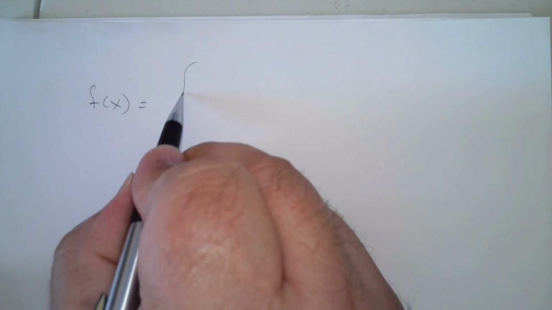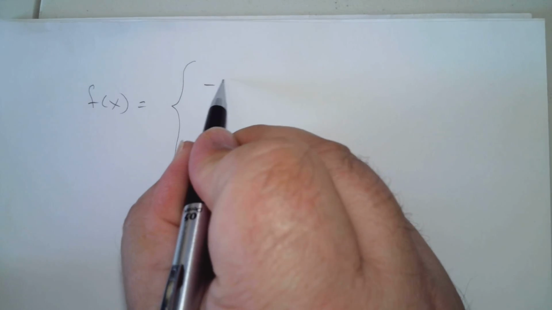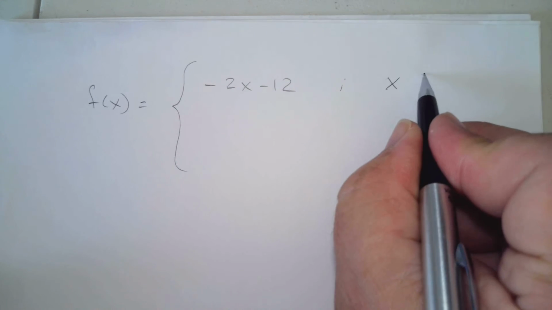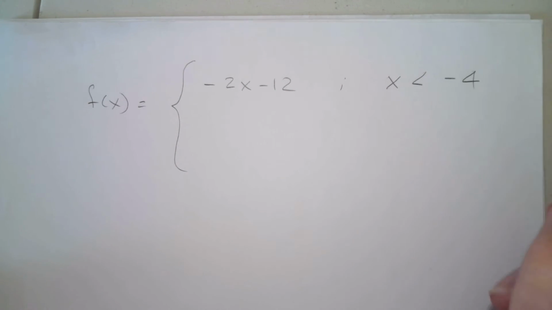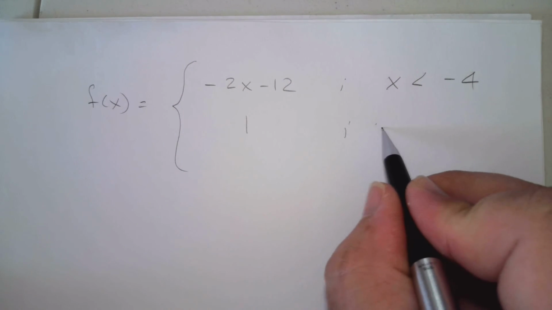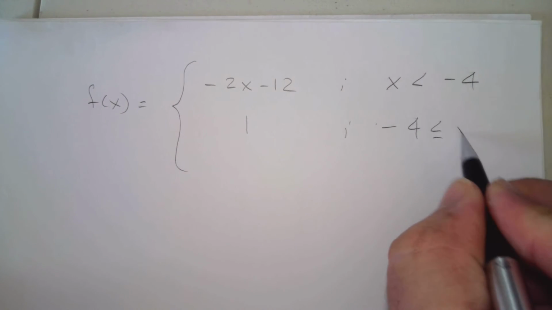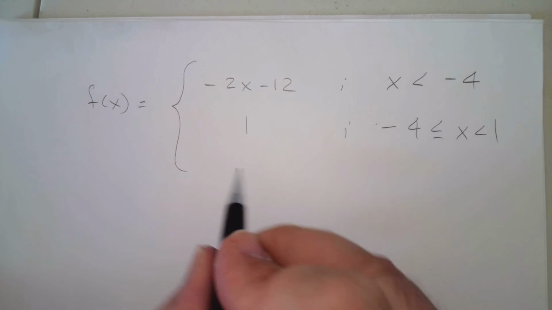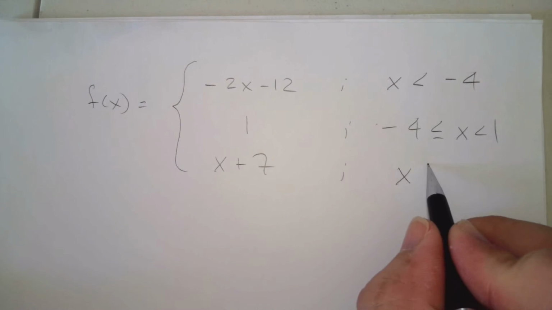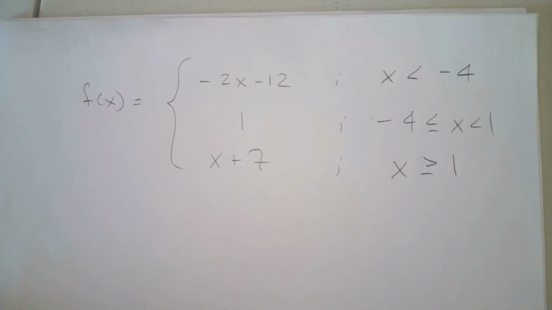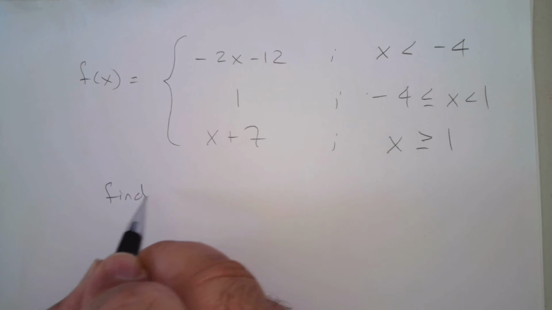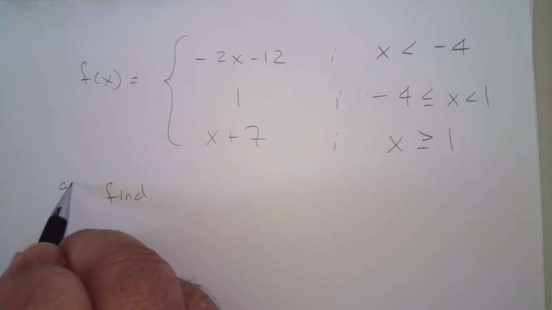f of x equals negative 2x minus 12 when x is less than negative 4, 1 between negative 4 and 1, x plus 7 when x is greater than or equal to 1. Now, graph